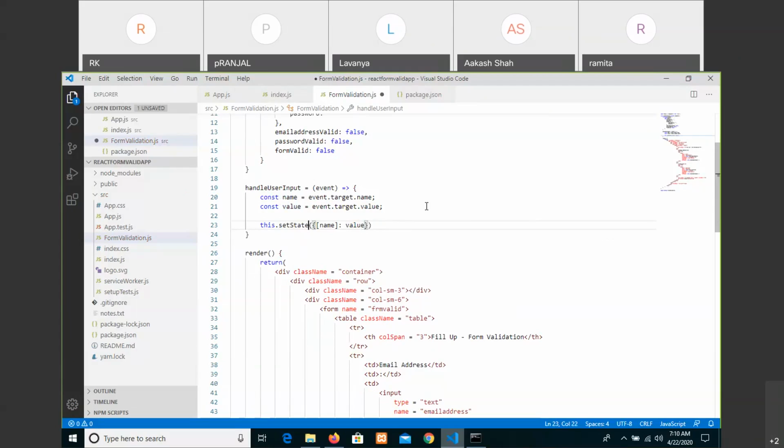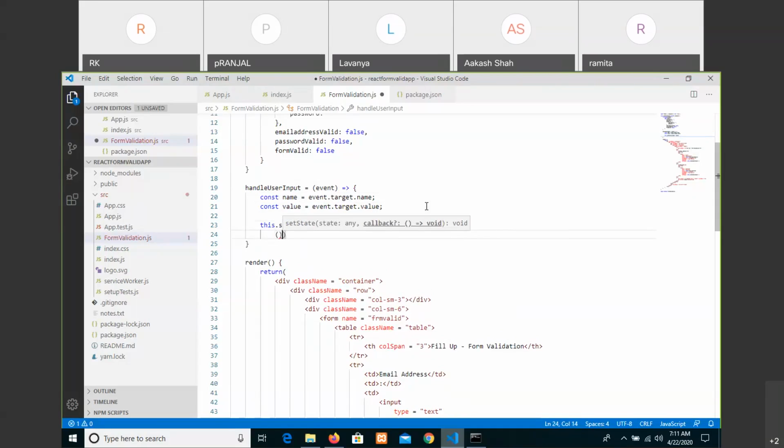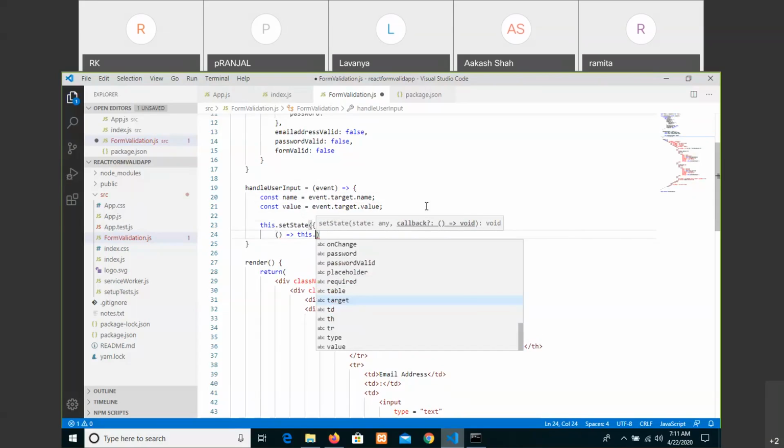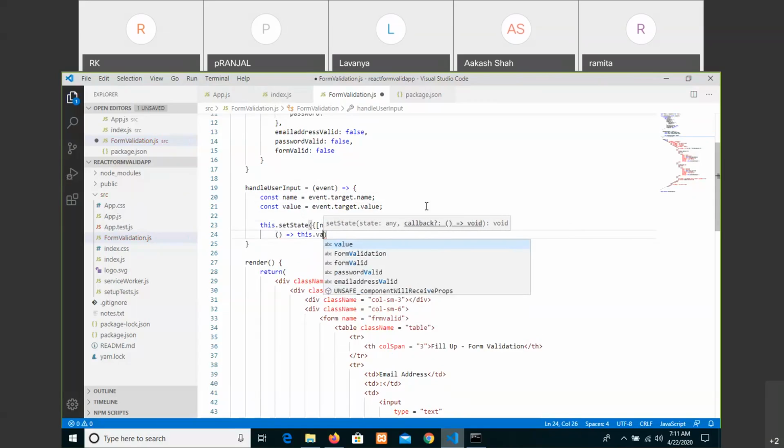So what we have done is, we don't give a guarantee the user will enter the email address. User may enter anything. That's why when specifying square bracket, it may be a password, it may be an email address, and that corresponding value you are taking. Once you took that particular thing, then you are passing those details to validate. So you are giving a call from the set state of handle user input, validate